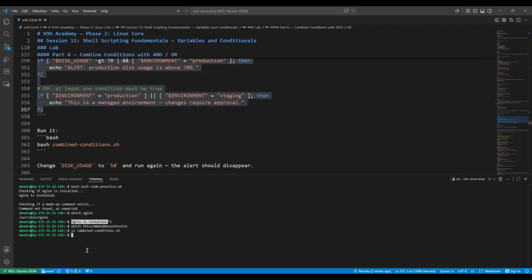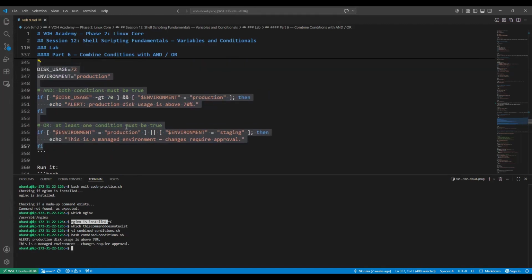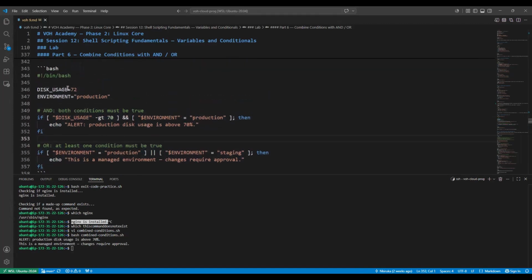Okay, so if we run it, we have this variable, this value. This user is the variable, and we give it the value 72, and then the environment, we also give it